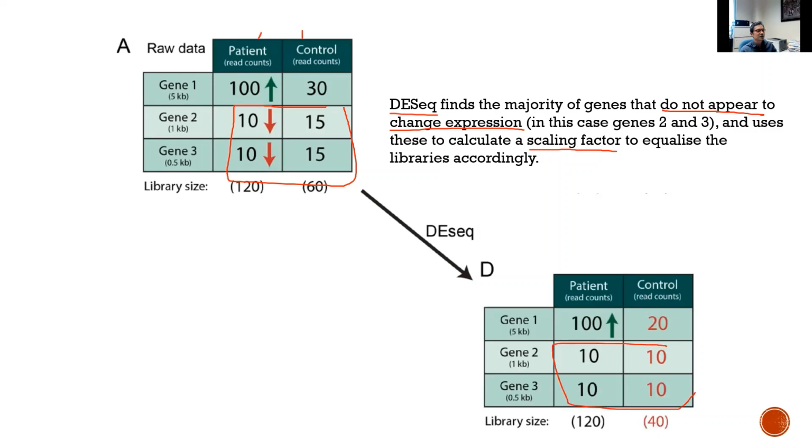Okay, instead of using all genes' expression differences to compute the scaling factor, only use those that are assumed to have no changes. There are some advantages to using this kind of normalization. Okay, let's go back to